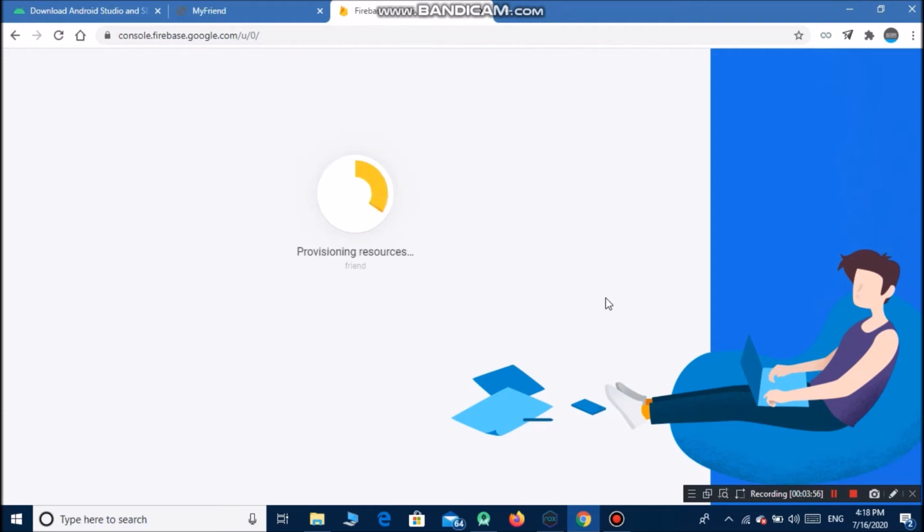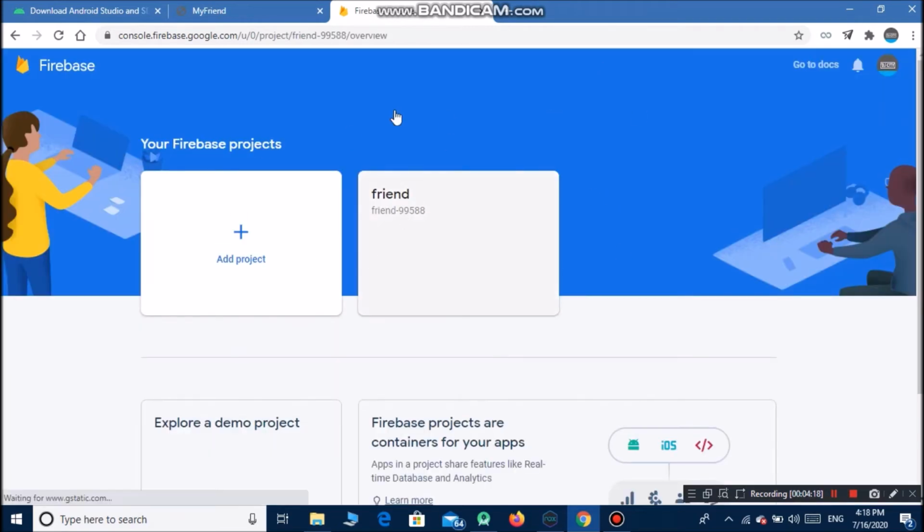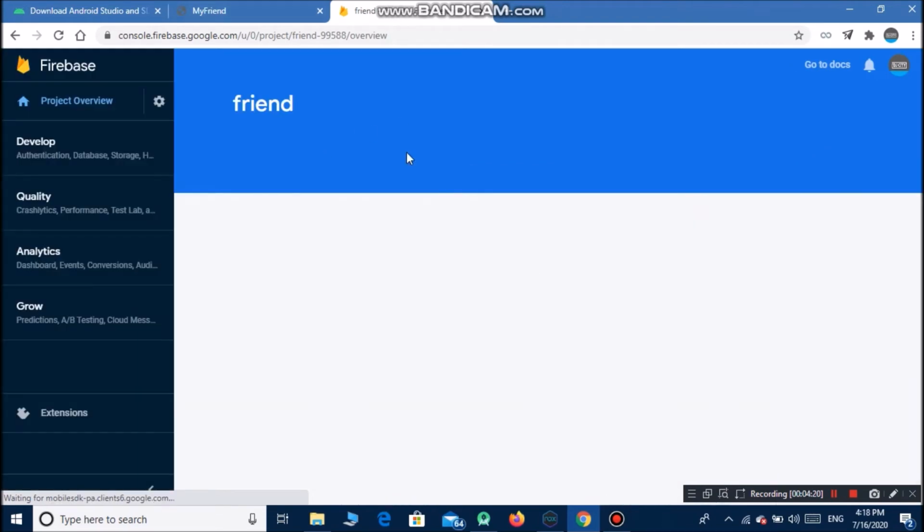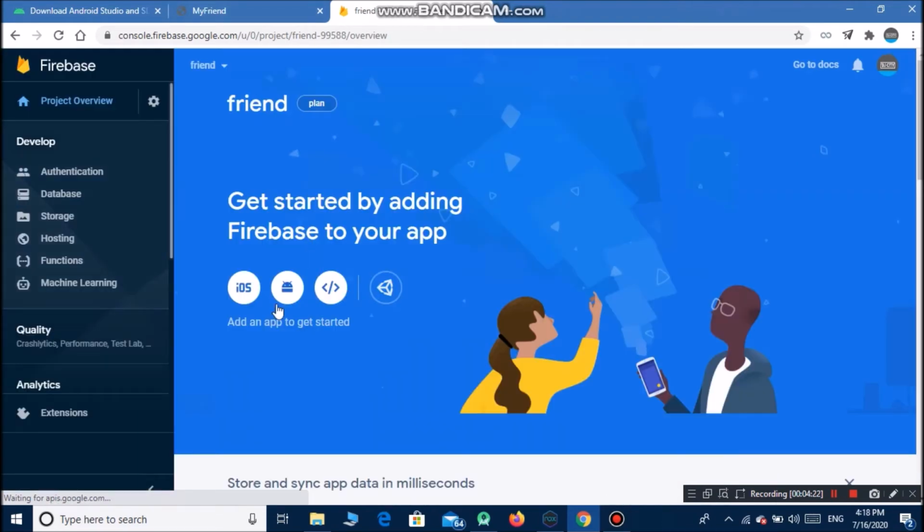So you have to import your application in the Firebase project, which I will show you how to do. So you have to click on continue, and there's my project. If you click on the project, you have to click on this